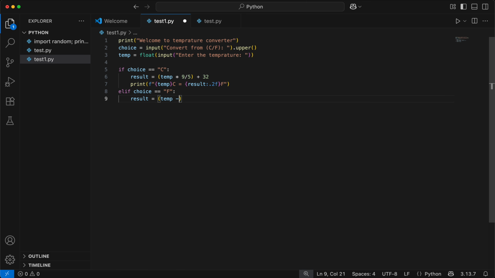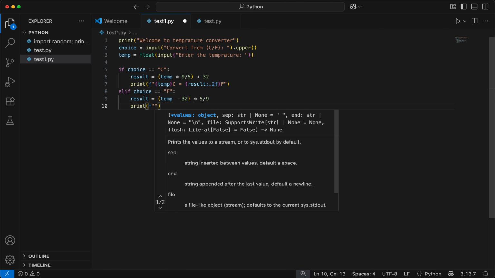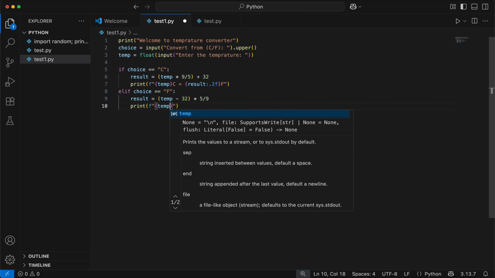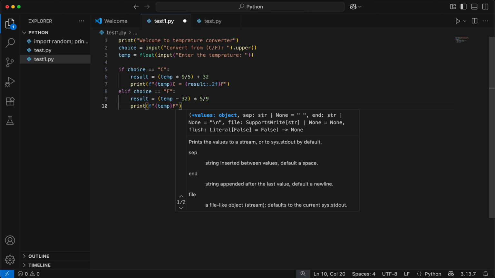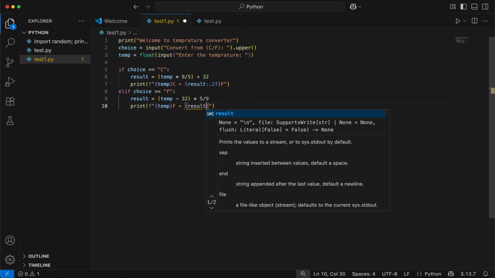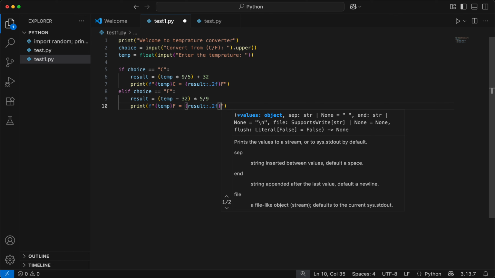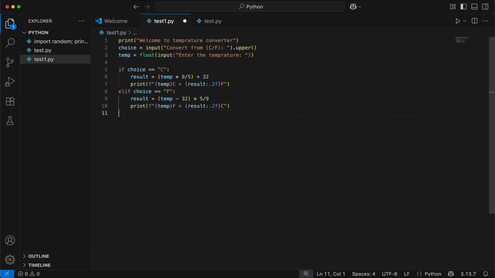Temperature minus 32, multiply by 5/9, and print temperature in F equals result, colon, like the last time, dot to F, and then we write C for Celsius, and then we write else